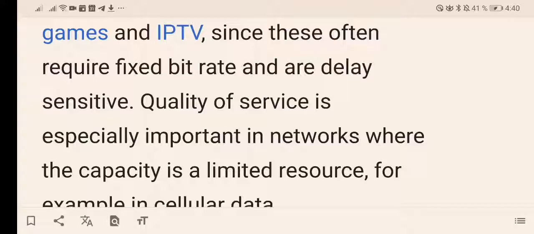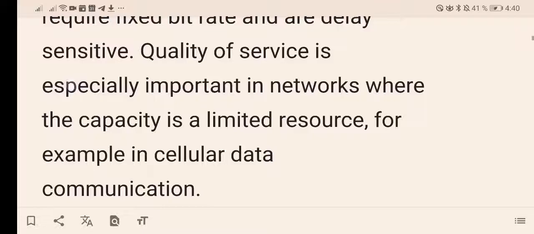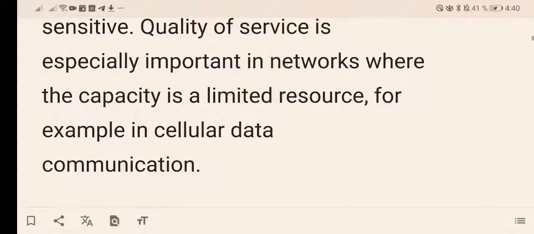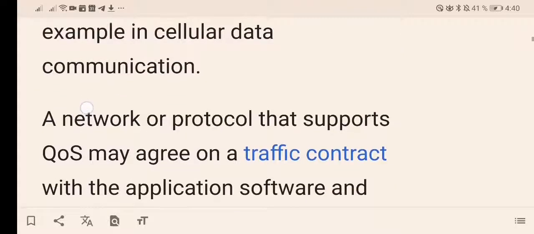Since these often require fixed bit rate and are delay sensitive, quality of service is especially important in networks where the capacity is a limited resource. For example, in cellular data communication, there is